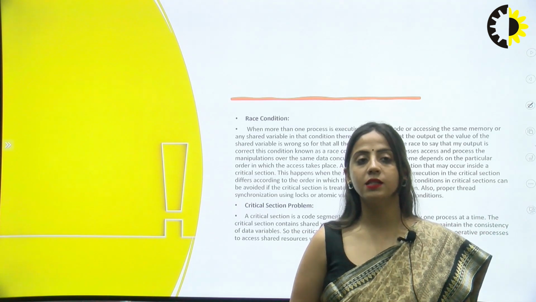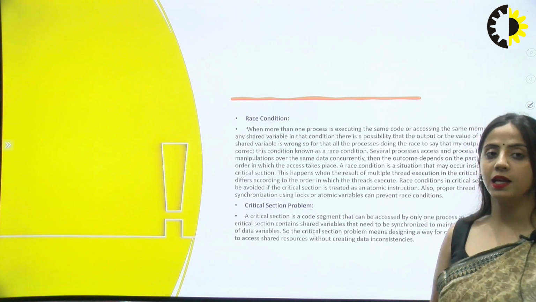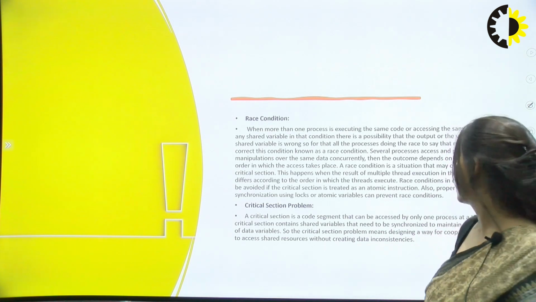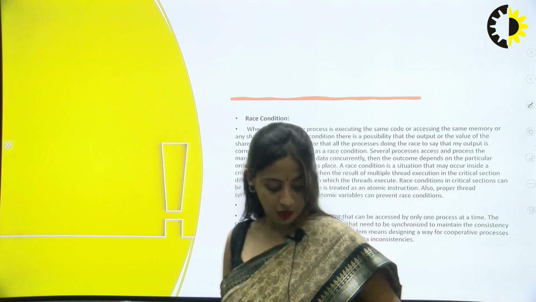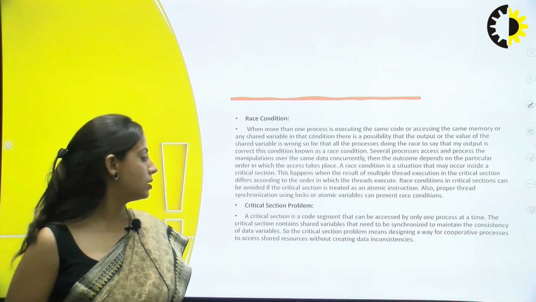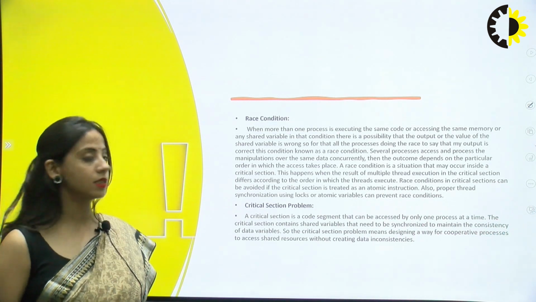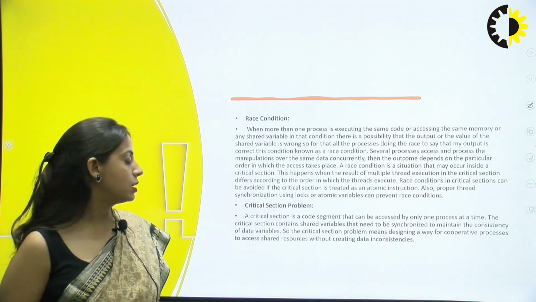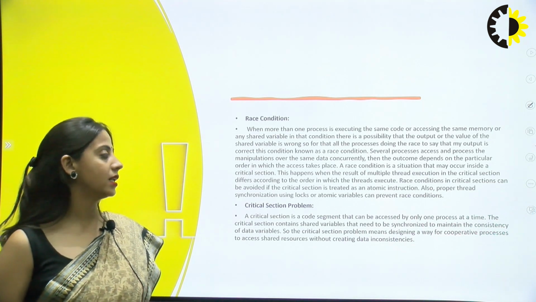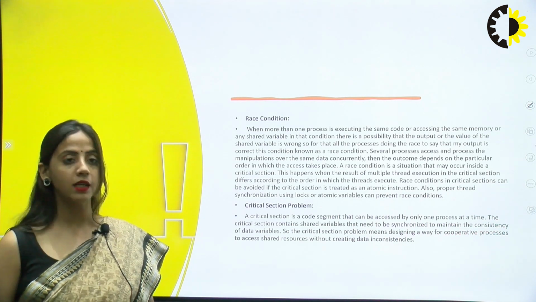Now, what is a critical section problem? A critical section is a code segment that can be accessed by only one process at a time. The critical section contains several shared variables that need to be synchronized to maintain the consistency of data variables. So, the critical section problem means designing a way for cooperative processes to access shared resources without creating data